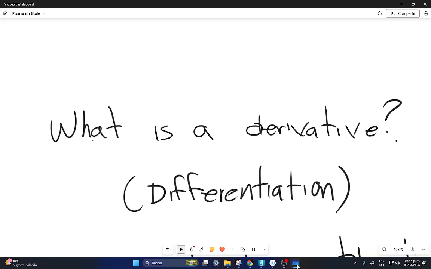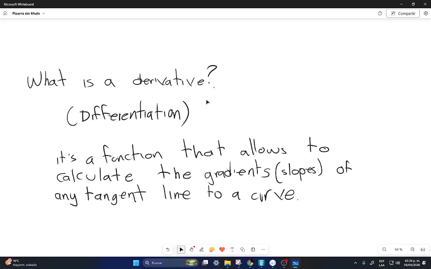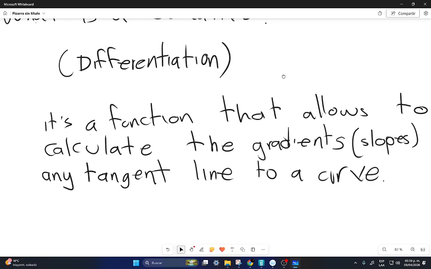Okay, everyone, in this video we are going to talk a little bit about what a derivative is. Therefore, we're going to be discussing the operation called differentiation, because we obtain derivatives through a process called differentiation. Basically, the general definition of the derivative is that it is a function that allows us to